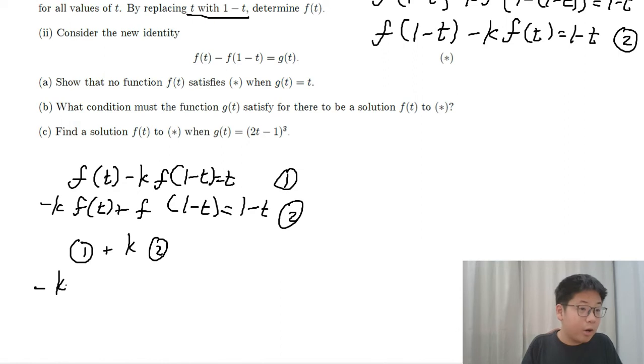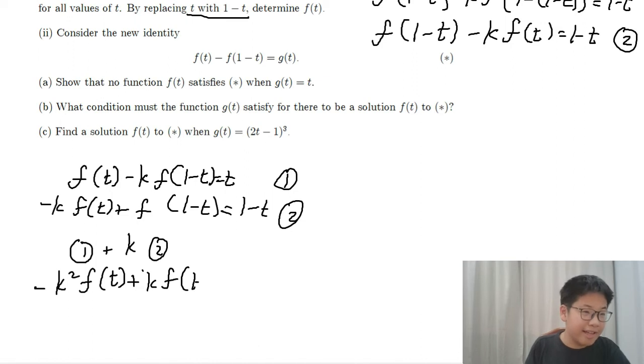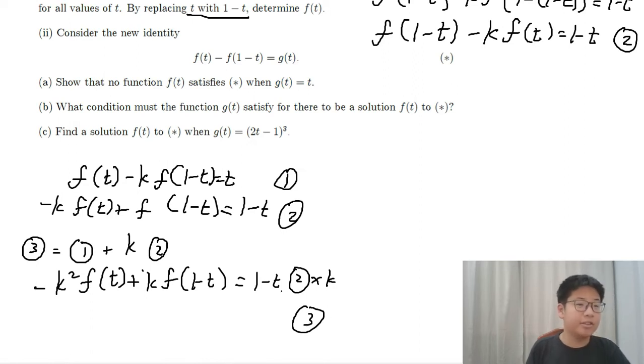We multiply all the coefficients by k, giving us this equation for k times 2. And we will now call this 1 plus k times 2 equation 3. We are now going to write down equation 3 by adding 1 and k times 2, which will give us,